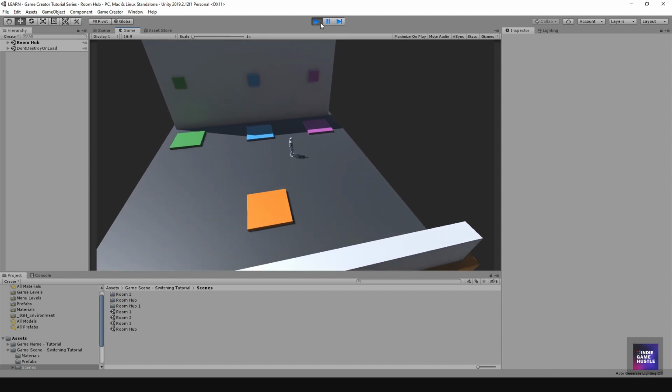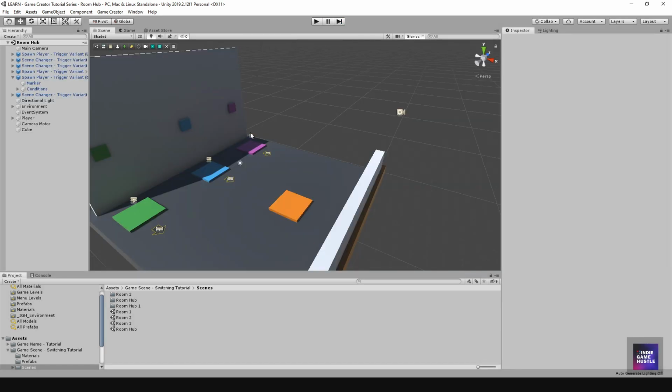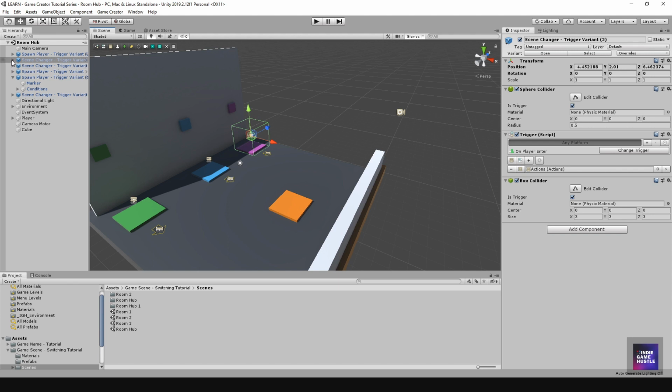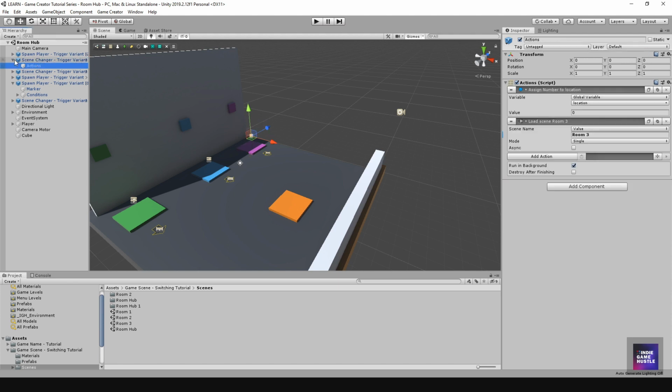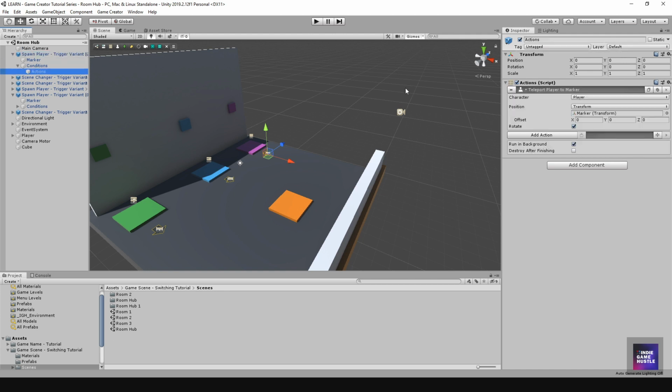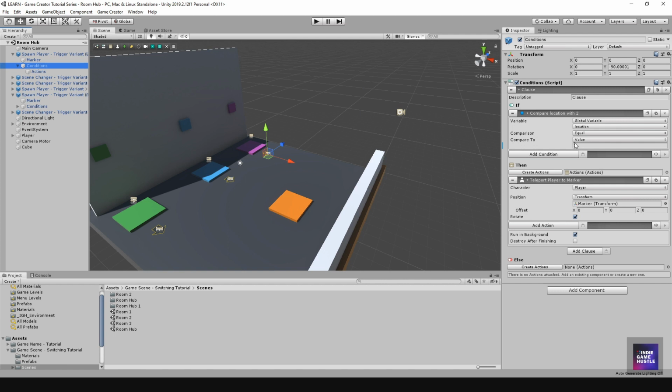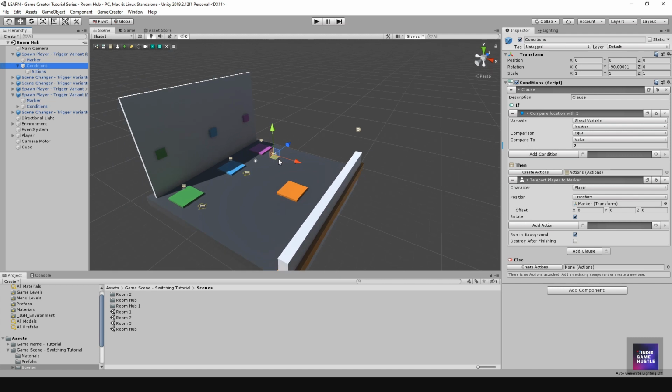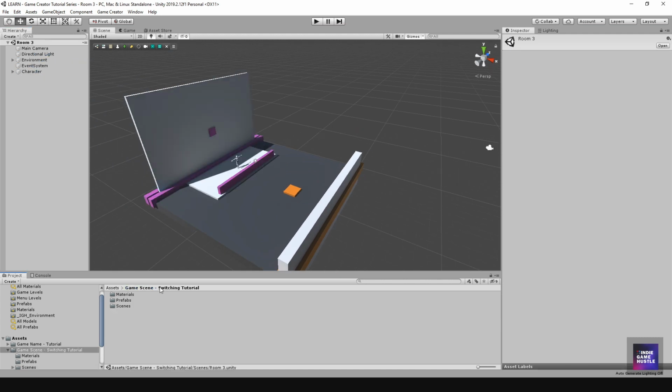All right, and so let's set up our last one. Okay, and so that one should be our room 3. And then our scene changer, this particular one should be spot 2. Our condition be 2. Okay, and I'm just gonna hit save, and then let's go into the other location. So we're gonna go into room 3, and let's go ahead and do the same thing we did before by setting the scene changer up,